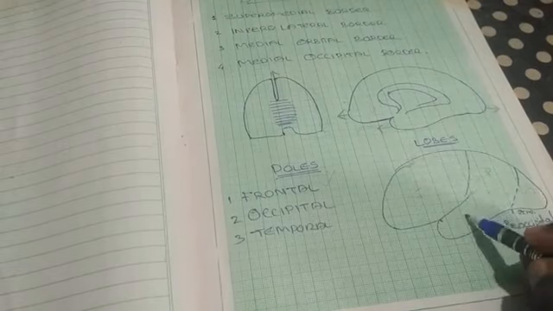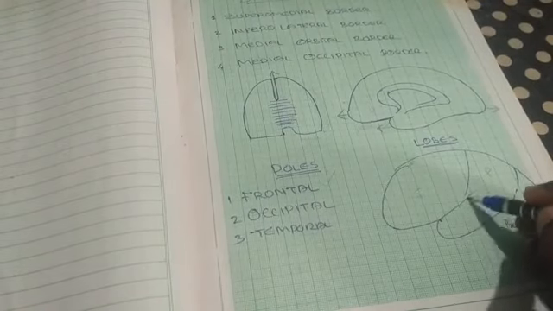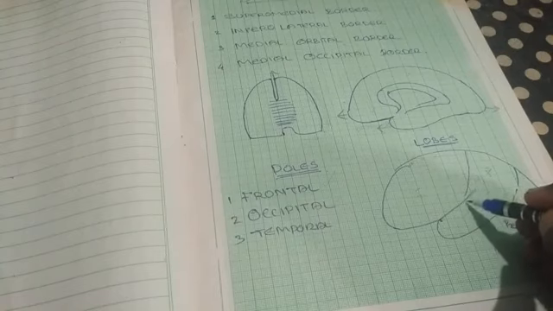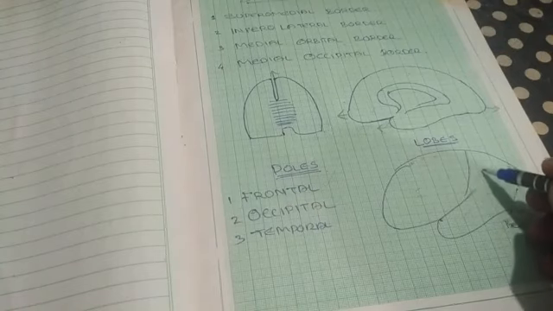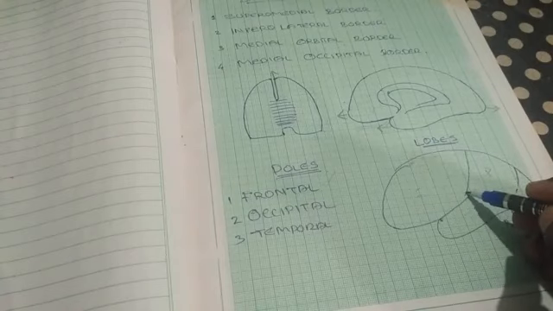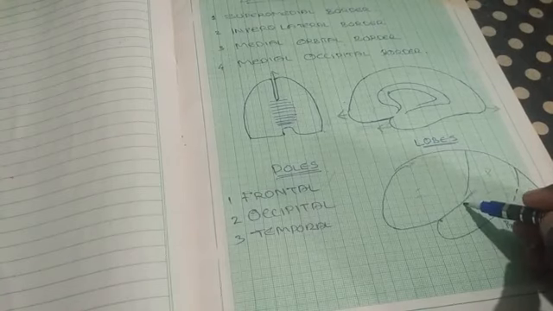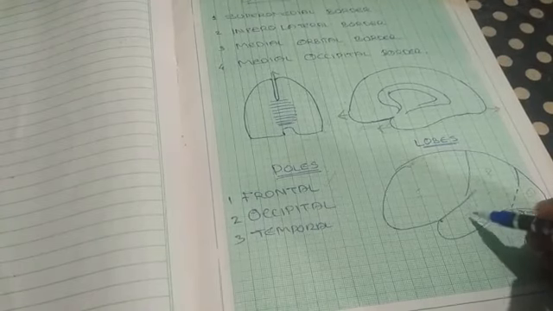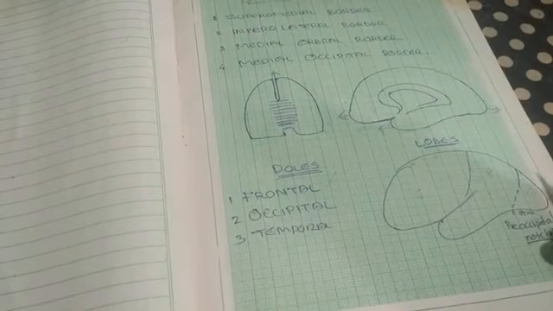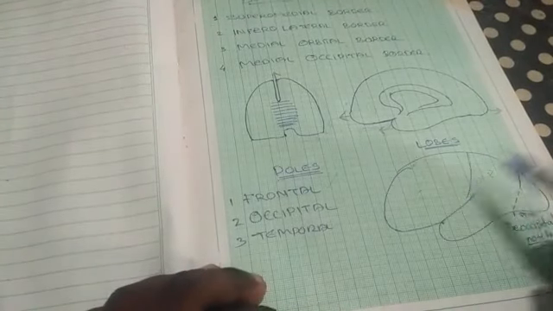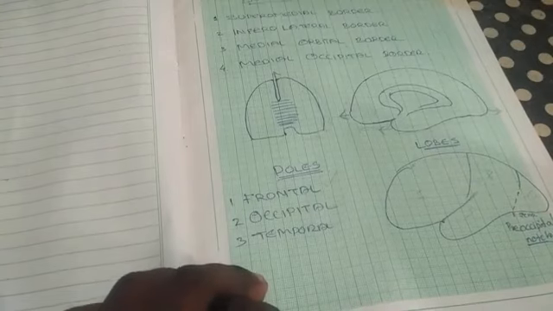And the temporal lobe: we already mentioned the posterior ramus of the lateral sulcus, which runs upwards until it reaches the central sulcus. The area just below the posterior ramus is called the temporal lobe of the cerebrum. There are four lobes of the cerebrum: the frontal, parietal, occipital, and temporal.